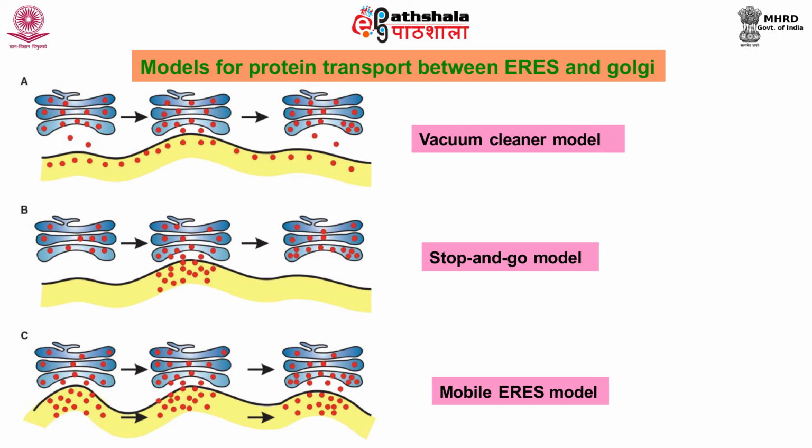It suggests that there is an unidentified signal present on fixed ER exit sites that causes Golgi bodies to become transiently detached from the actin microfilaments while they acquire cargo proteins from the ER. Later, they reattach to the actin and continue to move. The third model is the mobile ER exit site model. The model postulates that Golgi bodies and ER exit sites move together, allowing continual protein transport between the two organelles.